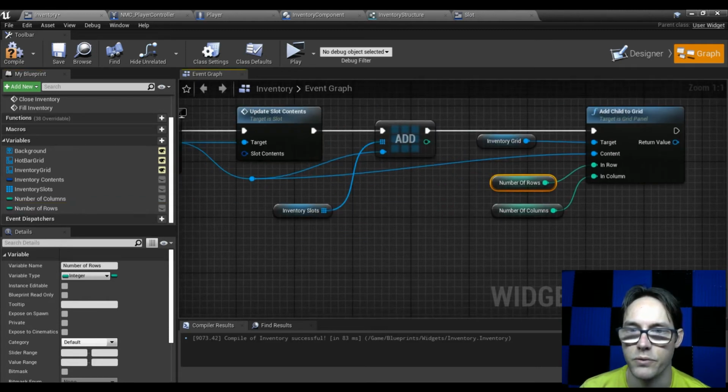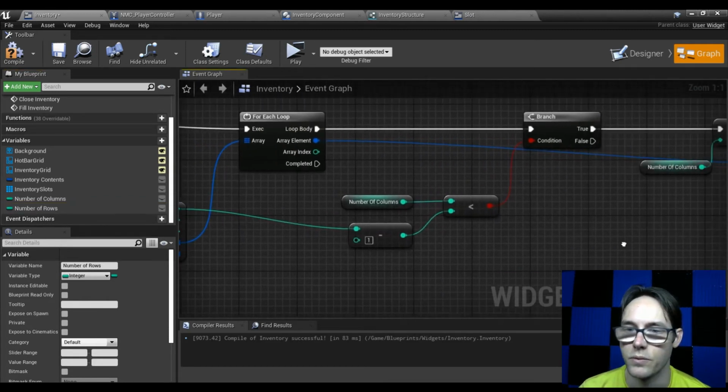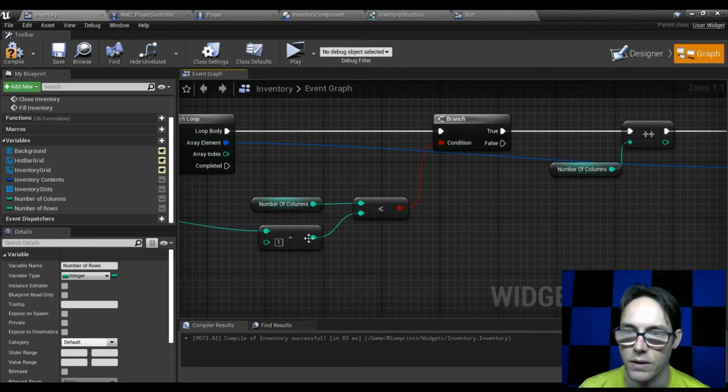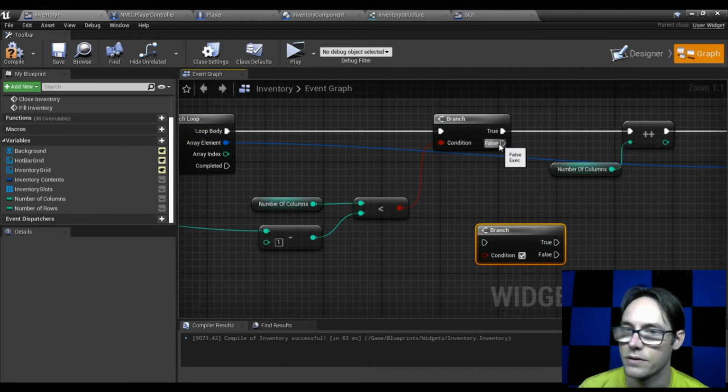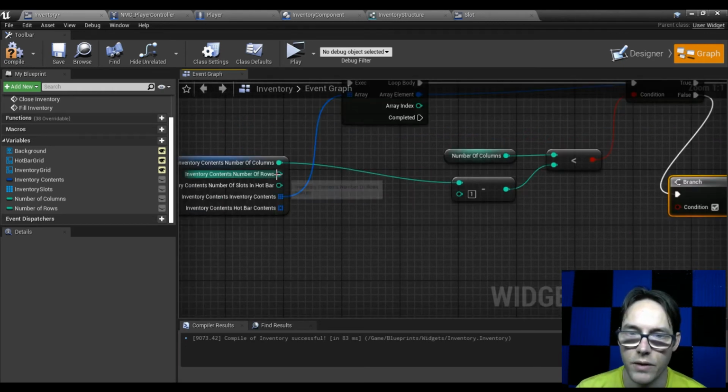Let's go ahead and set up the rows. Come back over. So once we've finished checking all of our columns, we want to do the rows. So I'll do another branch. So off of false, which means that this is basically run out. So we're going to be on the false now. We're going to take our rows,